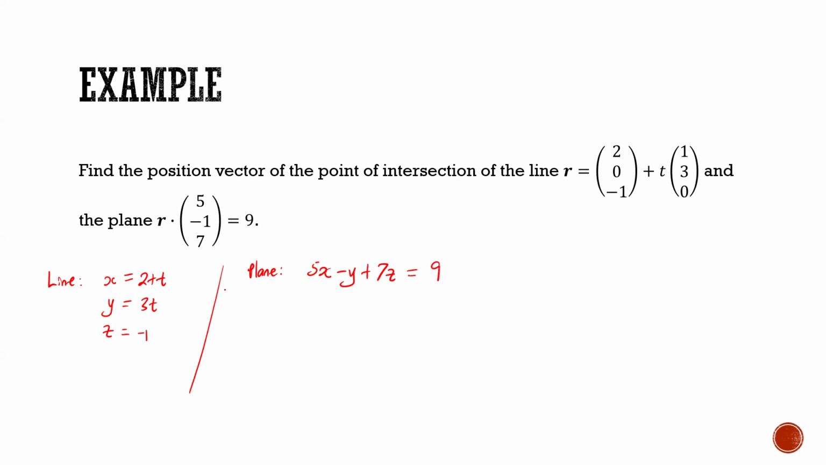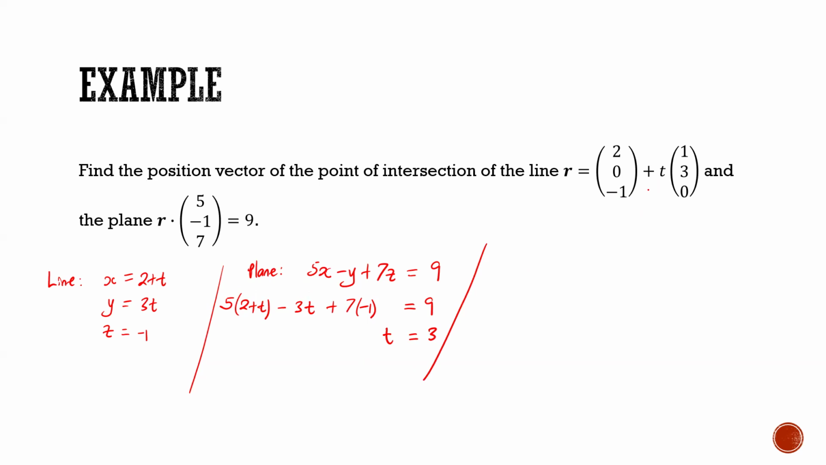And then what we do is we substitute the equation of the line in the equation of the plane. So where there is x, we'll have 2 plus t. Where there is y, we'll have 3t. And where there is z, we shall have -1. And we equate this to 9. And when you solve for that, you get your t as 3. So 3 is the value of the parameter,